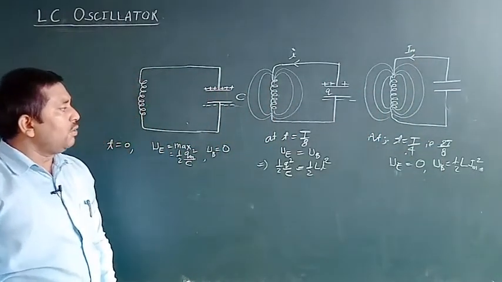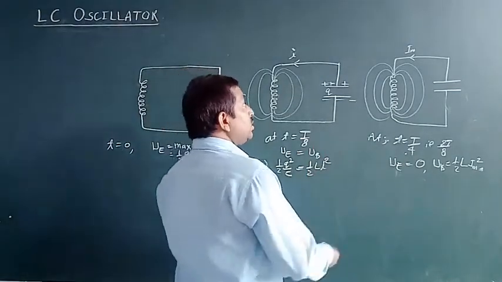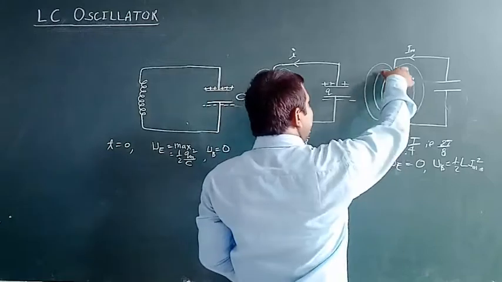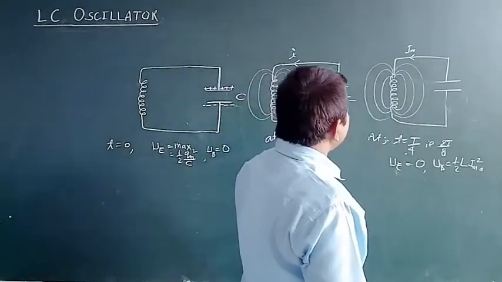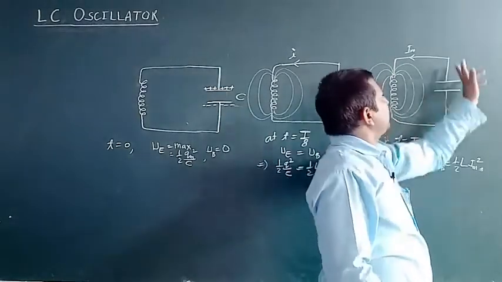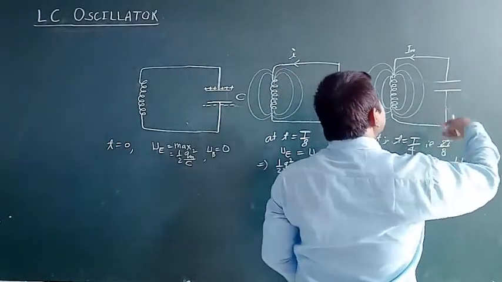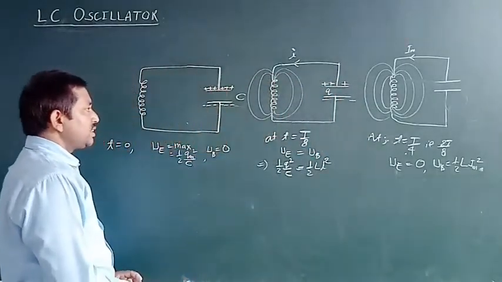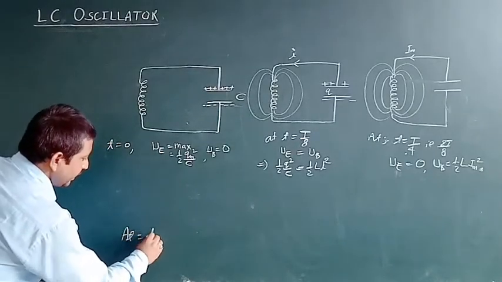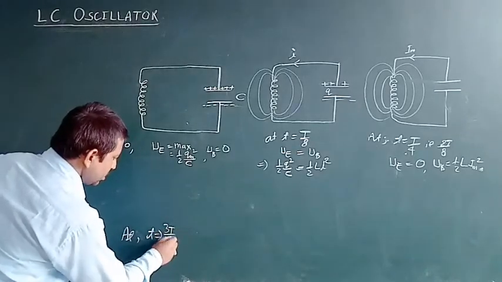Okay, so now again if we explain this, suppose that because there is a very large amount of current flowing through this circuit, the energy stored across the inductor leaks down, and this current passes through the capacitor in this direction, and when the current flows through the capacitor, the capacitor will charge. So the capacitor will start charging, and in this case suppose that at a time t equal to 3T by 8, what will happen?